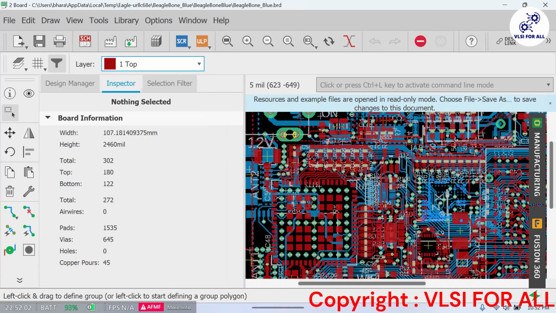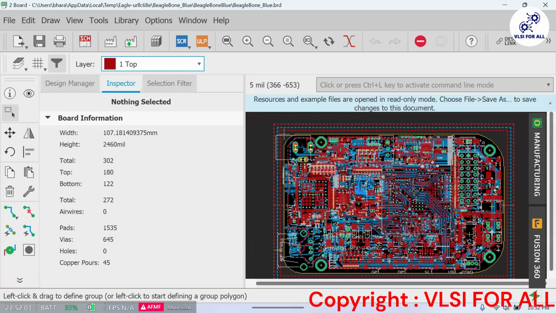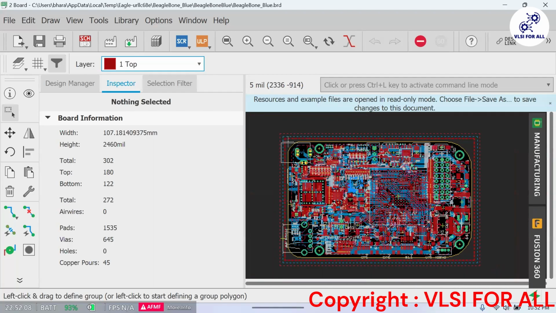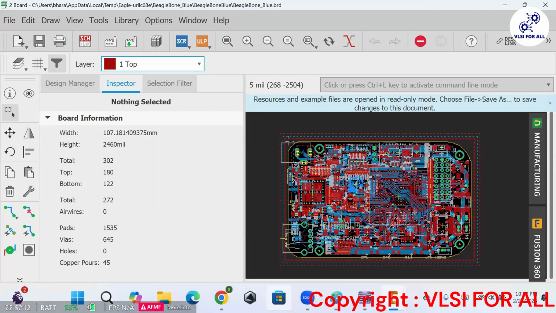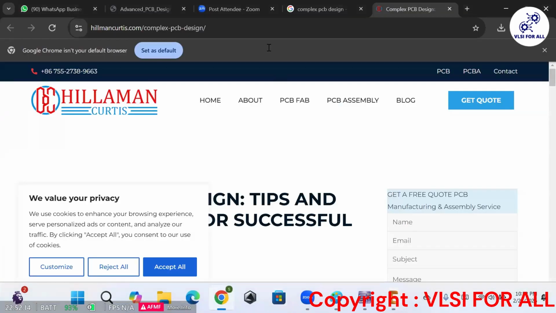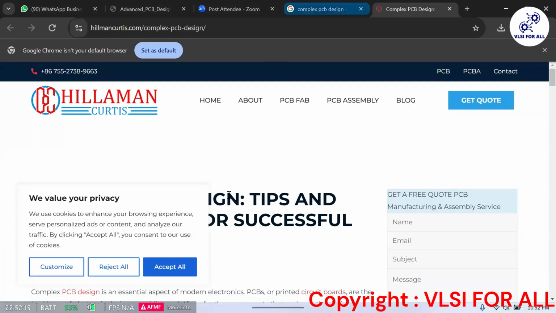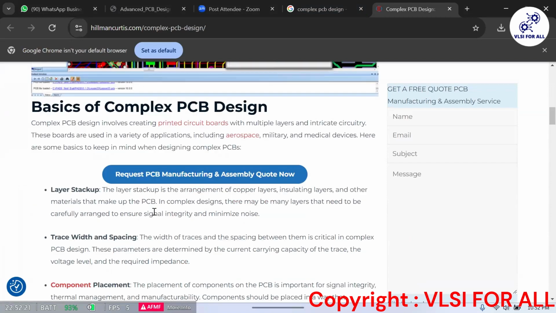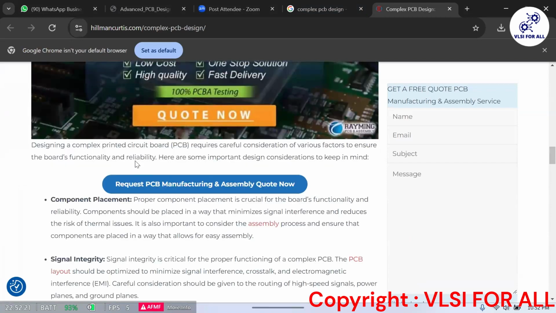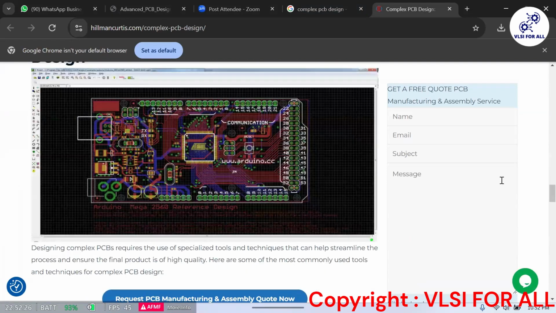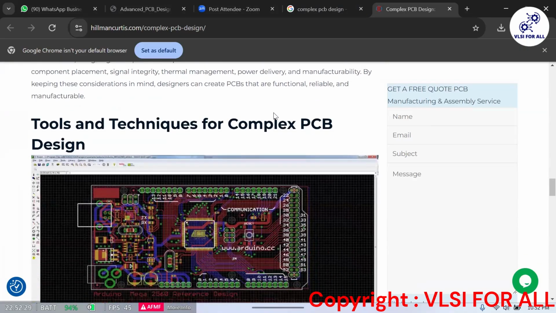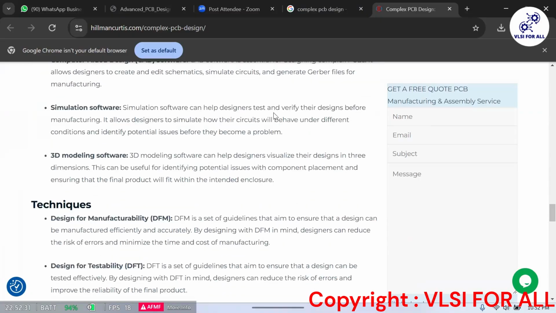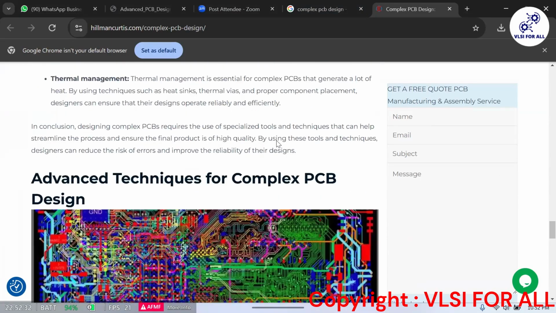So the placement is how you guys will be working in your projects. This level of complexity you are going to touch, and we have mentioned that kind of thing here. Just see, these are very dense designs. This is a little one, I think an Arduino Uno or Mega or something. This kind of design we will be making. See how complex these are. It's a multi-layer PCB.